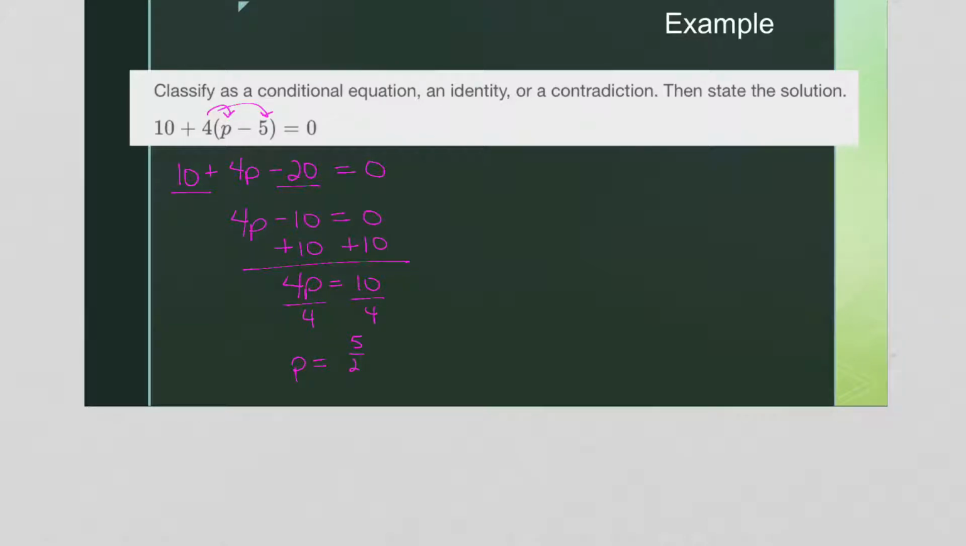And so now if we try that answer out, it should work. All right, so let's try that out. We only came up with one answer here. So this would be a conditional equation. So it's a conditional, and now we're going to test it to make sure it works. So I've got 10 plus 4 times 5 halves minus 5. Okay, on my calculator, 5 halves minus 5 is